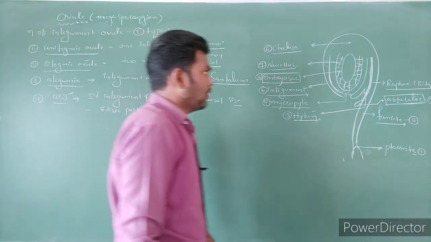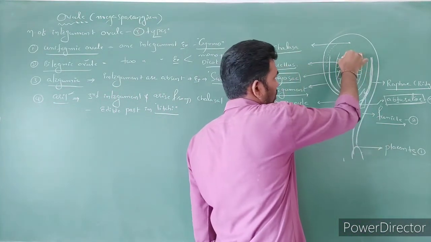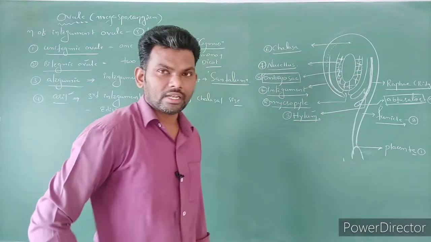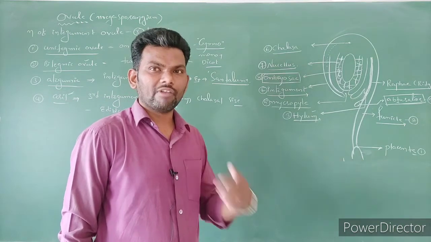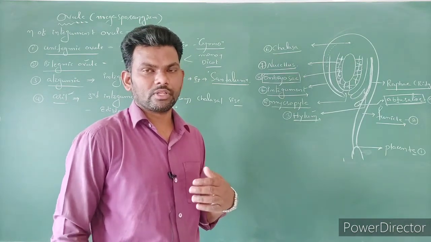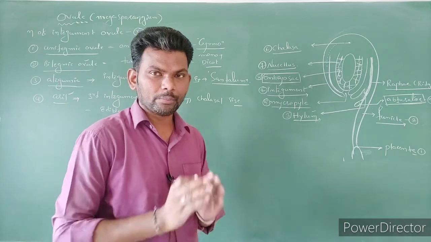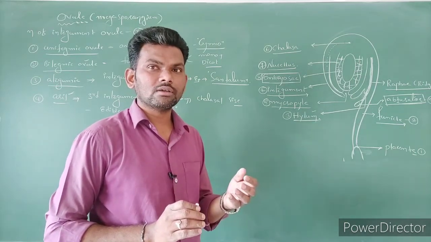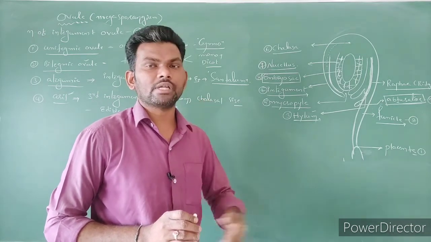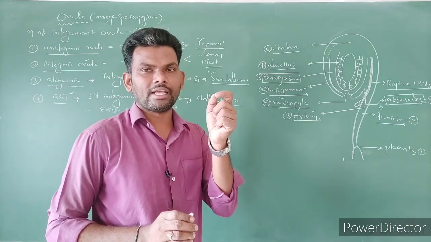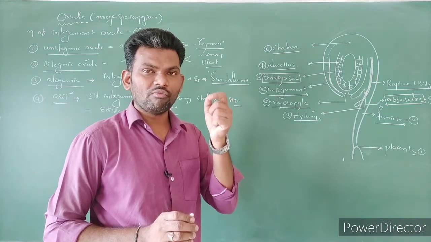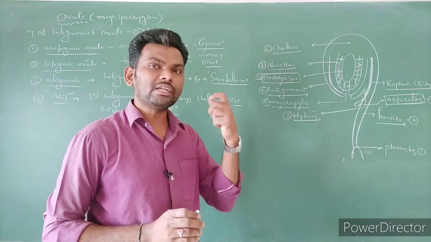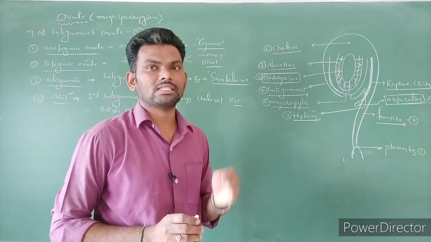Next, one more point here. This is actually the group of parenchymatous tissues. The group of parenchymatous tissues we can call as nucellus. During the embryo sac development, in most of the angiosperms, the nucellus is going to disappear completely, it is going to be digested. But in some species, after the embryo sac development also, some thin layer of nucellus is present. The remaining nucellus after the complete development of embryo sac is called as perisperm.